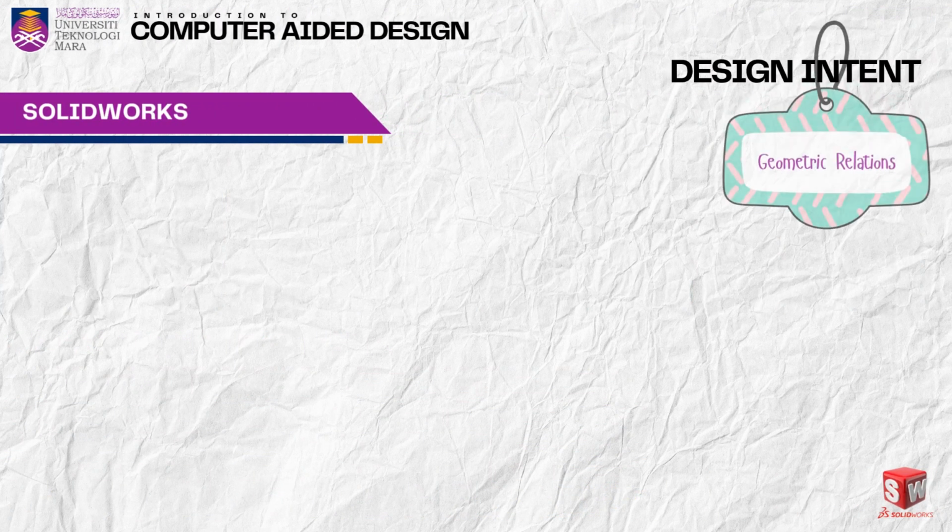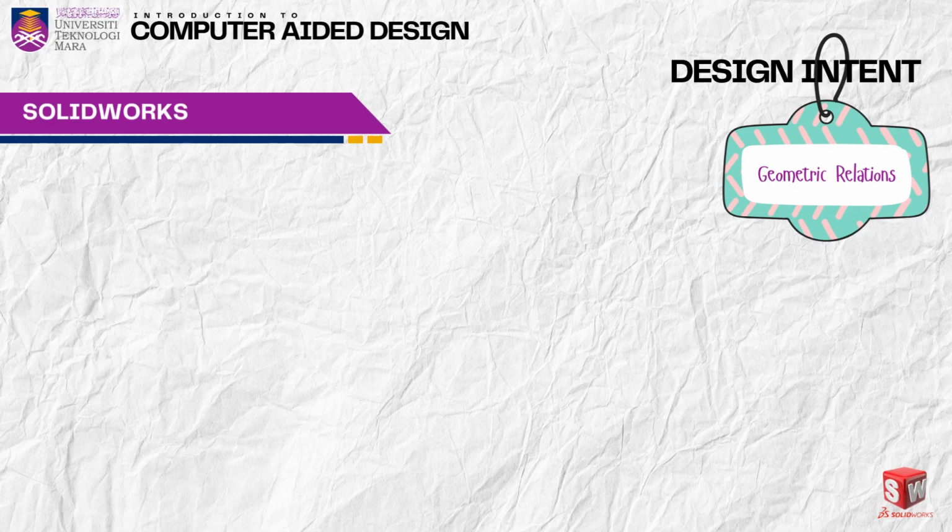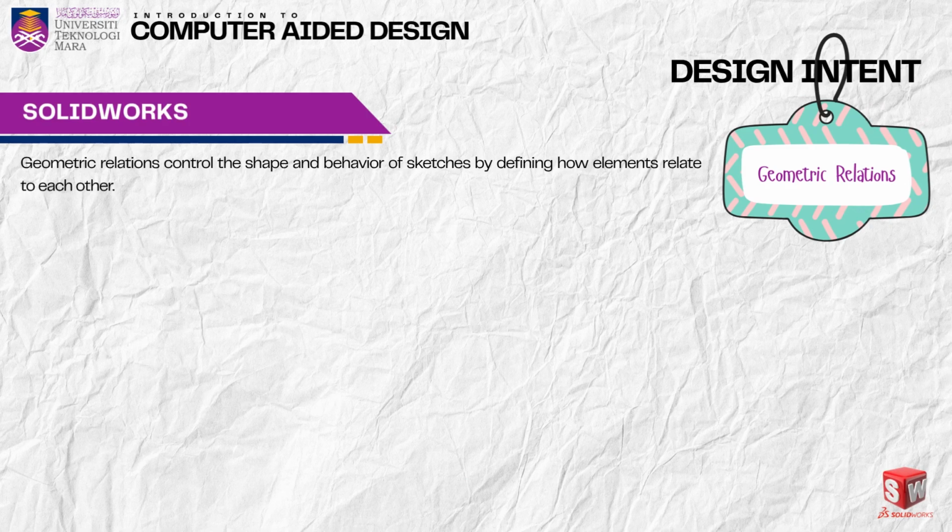Let's dive deeper into geometric relations, one of the fundamental tools for design intent. These relations are applied during sketching and are essential for controlling the shape and behavior of your geometry. Think of them as rules or constraints that define how different sketch elements should behave relative to one another. Geometric relations allow your sketches to remain consistent, even when dimensions or features are changed later. Instead of manually aligning or adjusting lines and shapes, you can apply these relations to let SolidWorks automatically maintain the